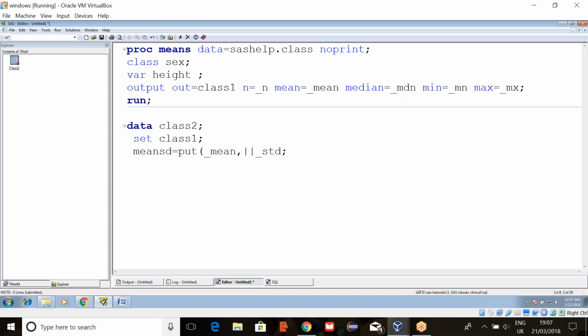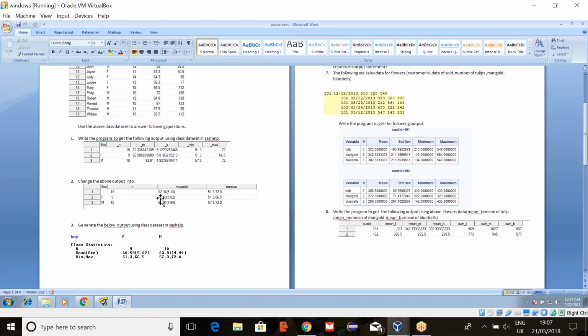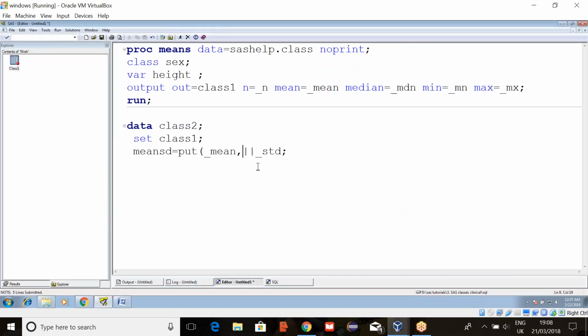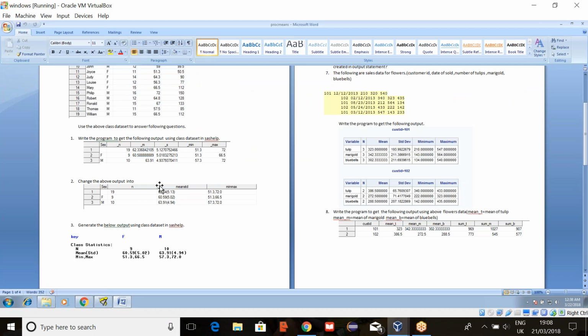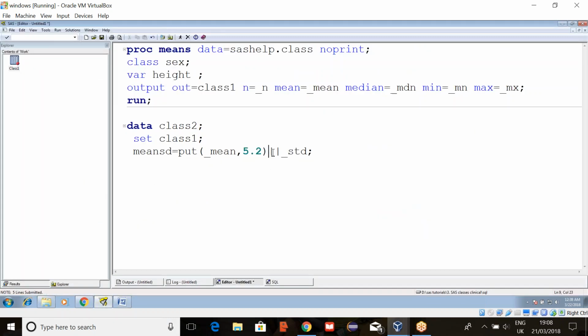And here they have controlled the decimals. For mean, they have taken two decimals. So 1, 2, 3, 4, 5, we can take 5.2. And in between, what is there? Standard deviation in brackets, right? So here concatenate with first open bracket. Now again put of standard deviation. Here also control the decimals, 4.1, and